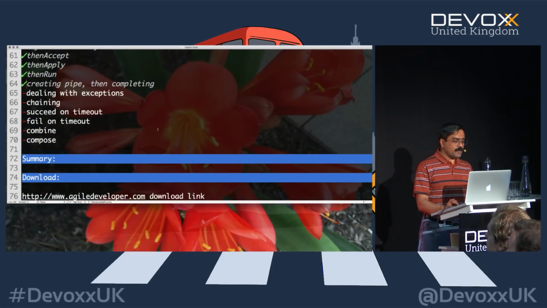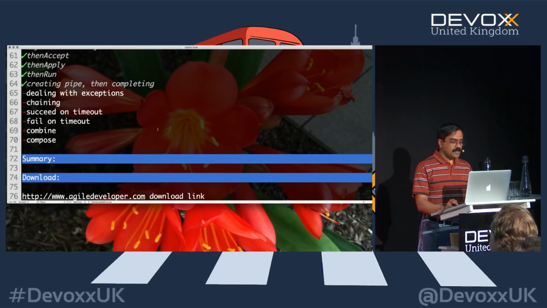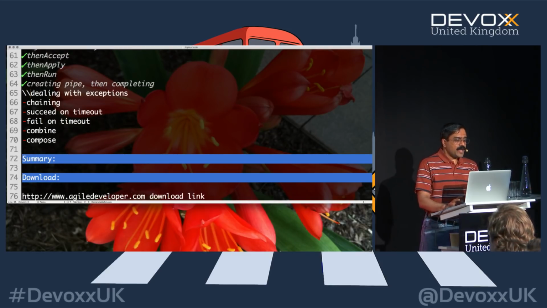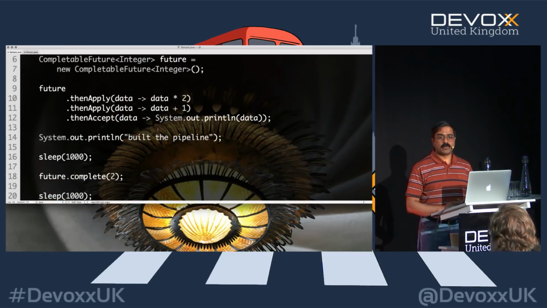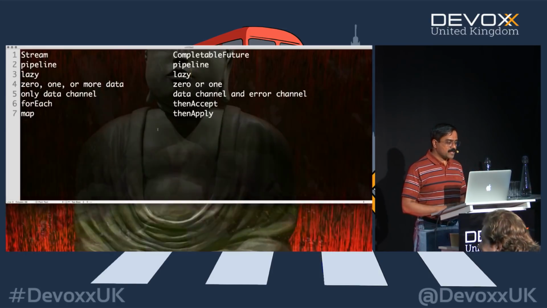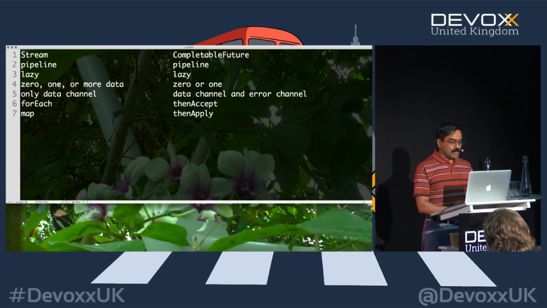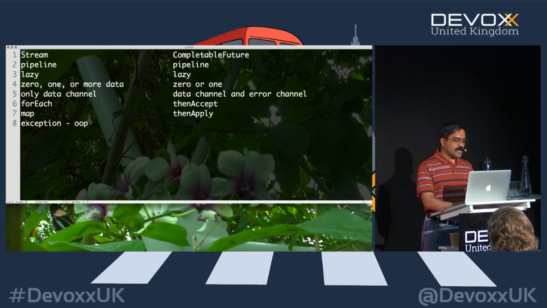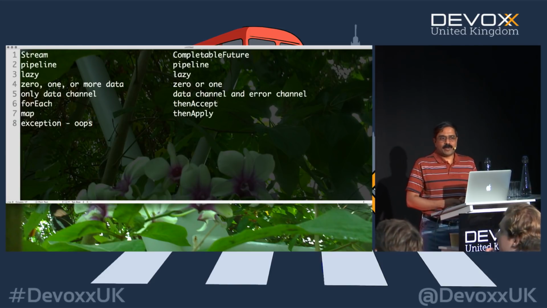So this is an example of where you're creating the pipeline and completing it. On the other hand, how do I tell that something really went wrong? Now, this is where we need to step back and ask how this is going to be processed. Now, remember, when it comes to exceptions, what about exception? The short answer for that is oops, right? So we don't really deal with it.